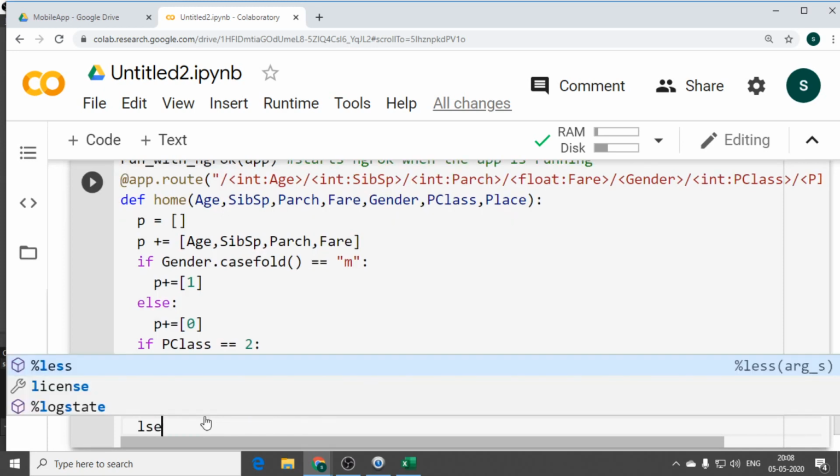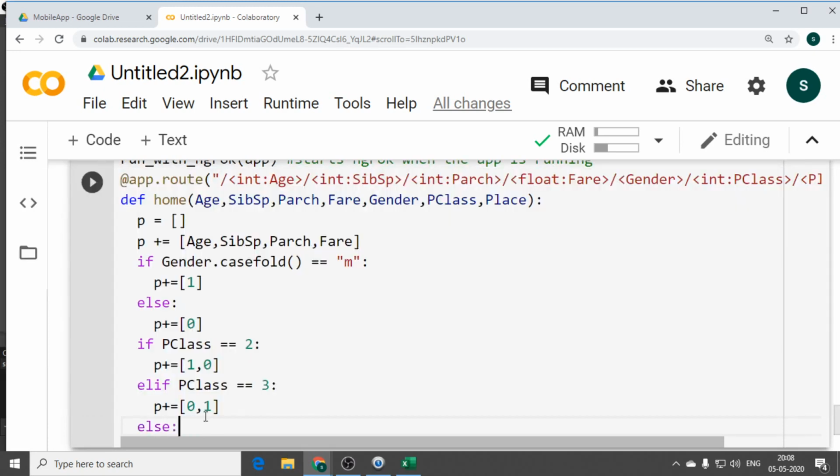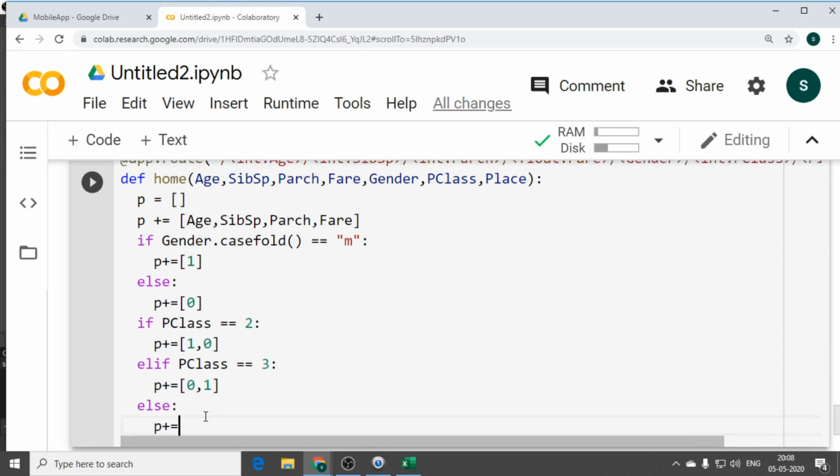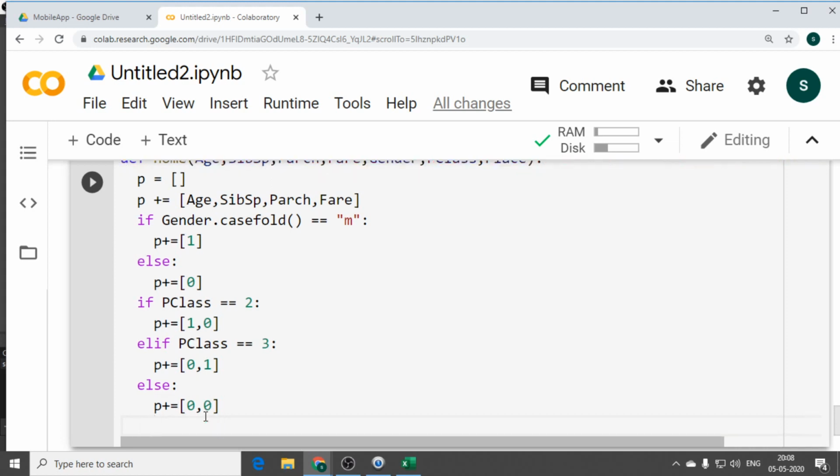Finally, else, if he belongs to any other class, what is the output? P plus is equal to 0, 0. I am making some combinations. Very simple thing I am doing here. I'll paste every set in the chat box, you can see.